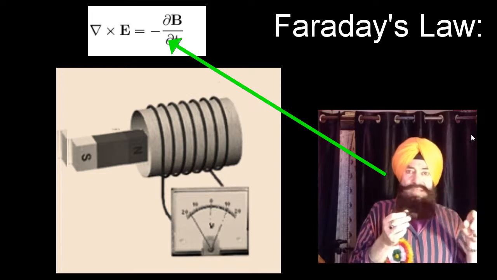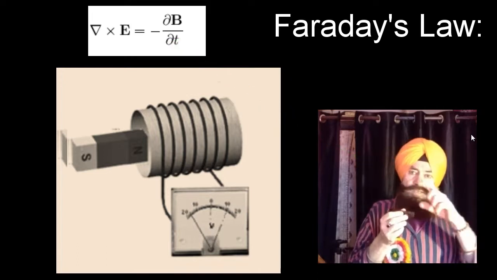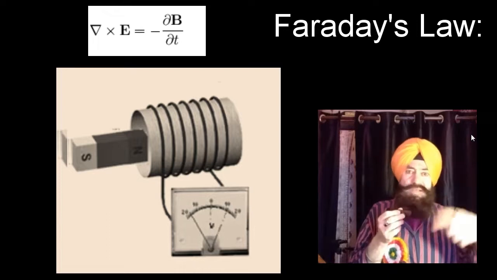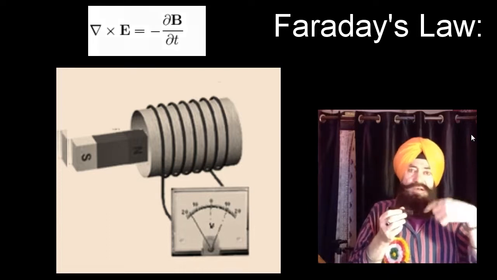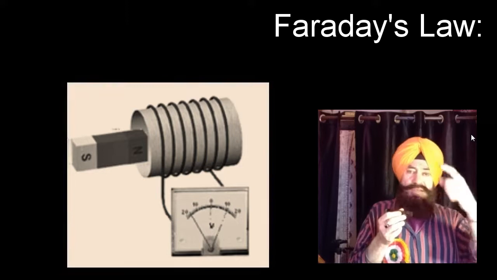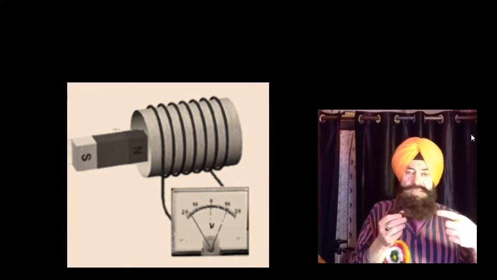Minus curly B by curly T is equal to the curl of the electric field. Curl of electric field means that around it, current is circulating in a closed path. Okay, induced EMF is produced. Now I'm coming